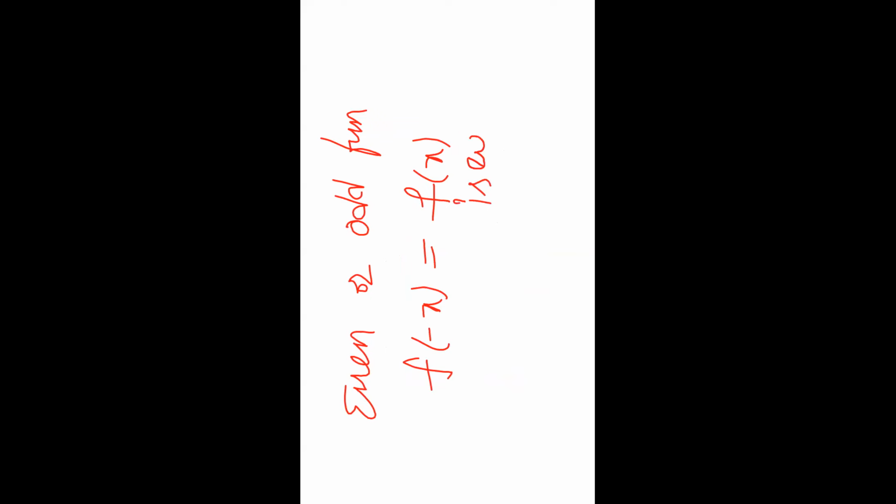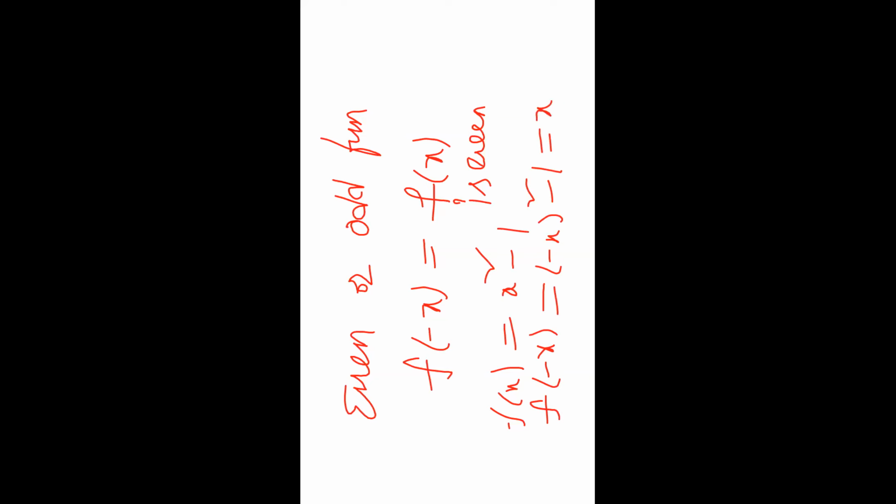So an example is x square. Let f of x equal x square minus 1. Replace x by minus x. So minus x whole square minus 1, and minus x whole square equals x square, so it is x square minus 1, which is equal to the given f of x. So we replace x by minus x and get the same function f of x. Then it is called an even function.